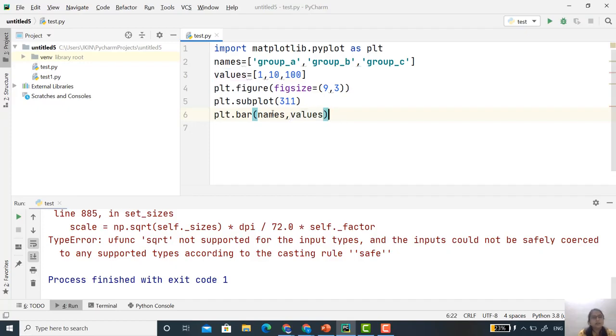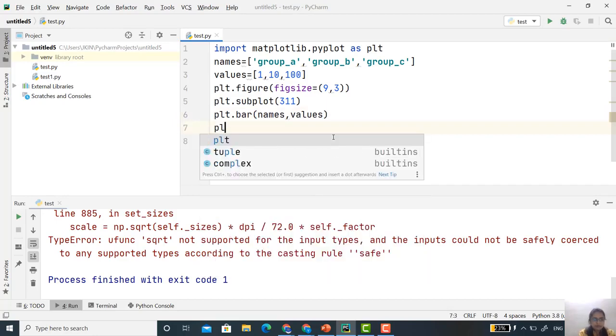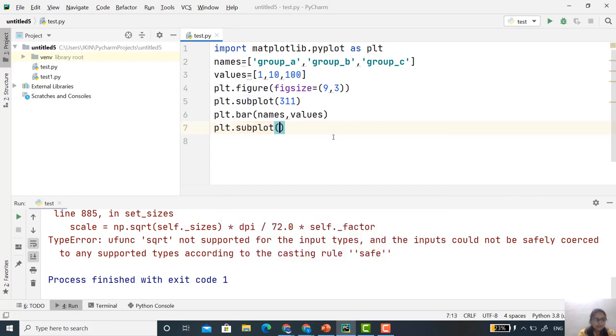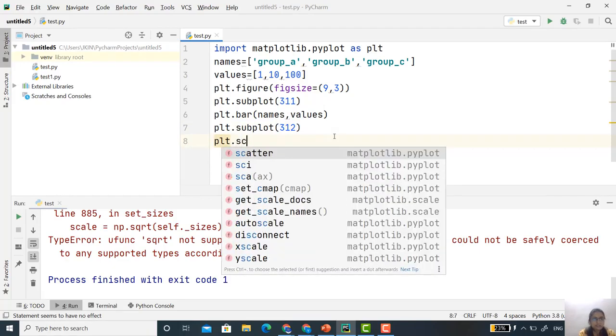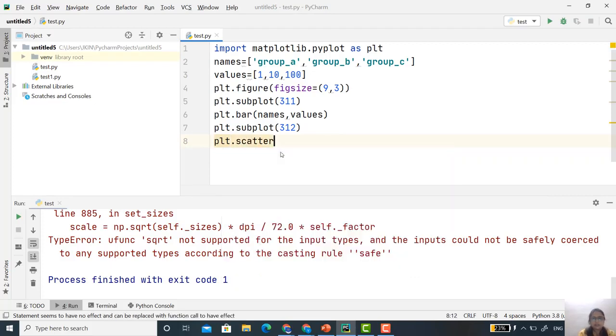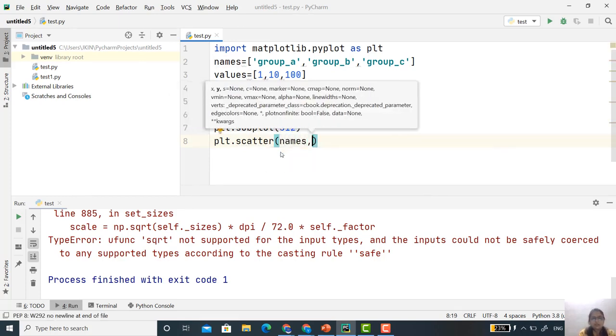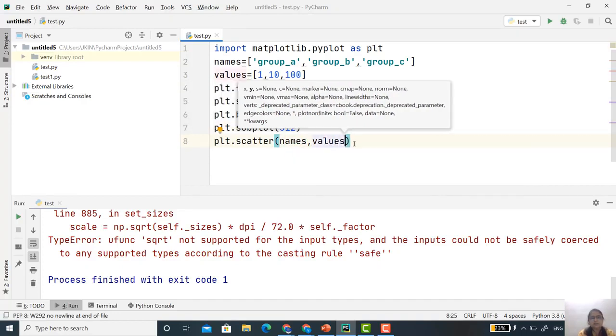Now second, I want to plot another subplot. So subplot 312, and again plt., here I'll use a different style, scatter, and again the same thing: my x-axis will represent the names and my y-axis will represent the values.